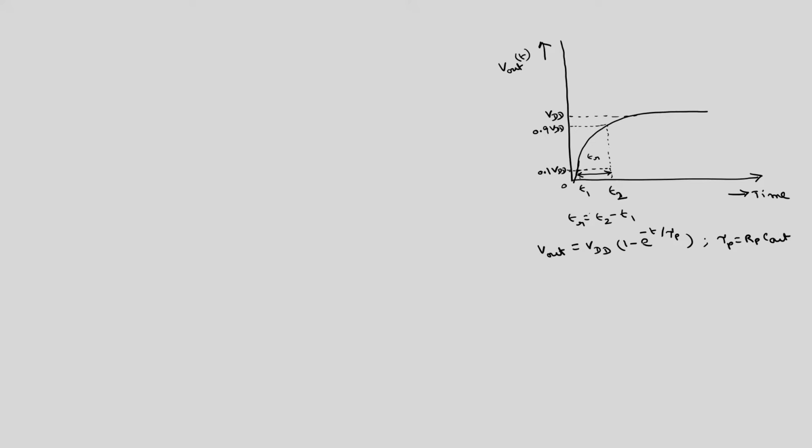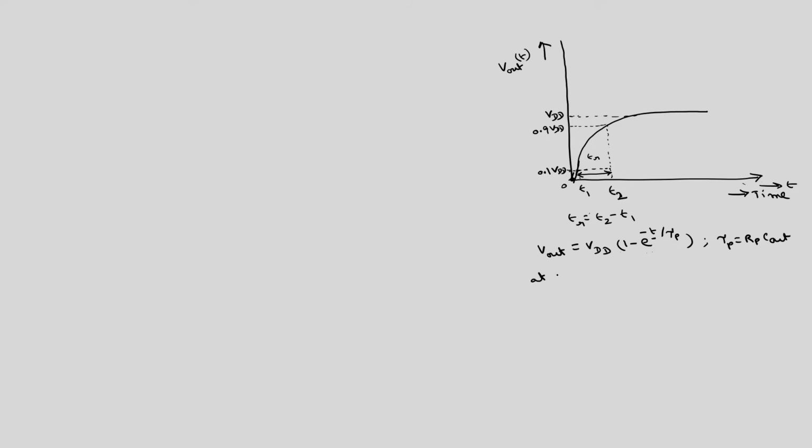It is clear that when t is equal to infinity, e raised to the power of minus infinity is 0, so 1 minus this will be 1. So at infinity, the output will reach VDD. When t is equal to 0, e raised to the power of 0 is 1, and 1 minus 1 is 0. So the output is 0 here, and it rises exponentially. Okay, so to derive this expression for the rise time,